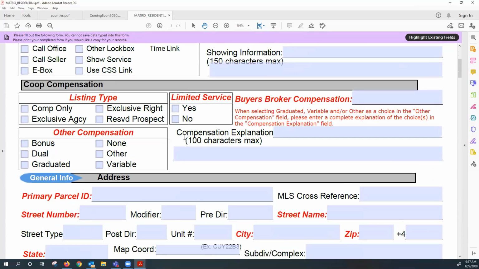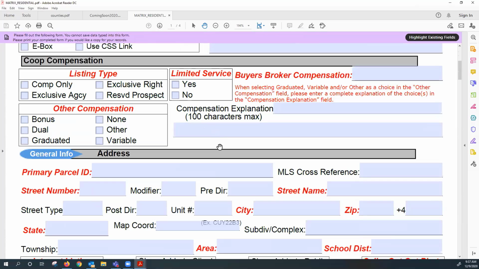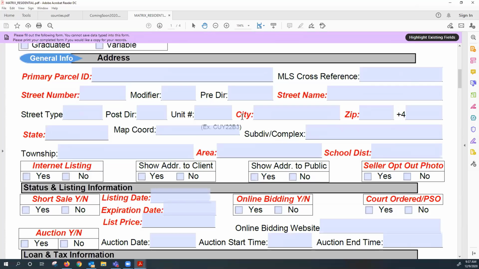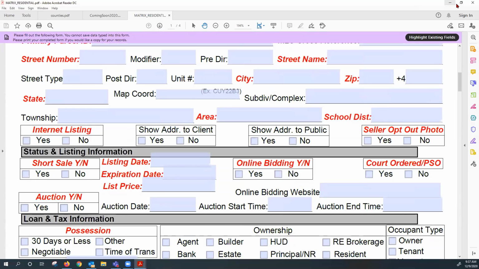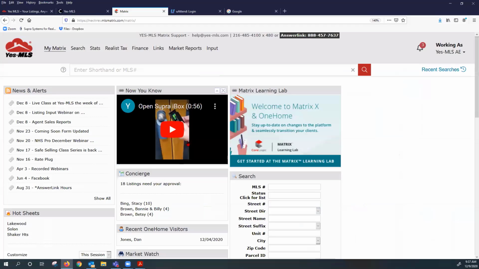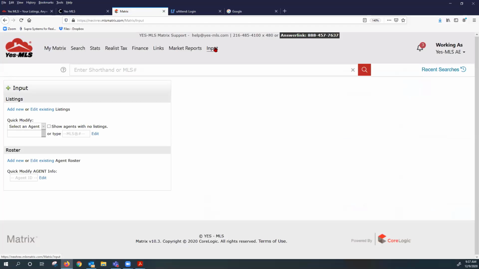So this is just a courtesy. You don't have to fill one of these in, but it's very helpful as you go to enter your listing. You're going to have all the data that you need. It's a 4-page document. So when you go to enter a listing, you've got your listing agreement in place. It's effective now. It's within 2 business days. You haven't advertised it. And you're going to go to the input tab and you're going to add a new